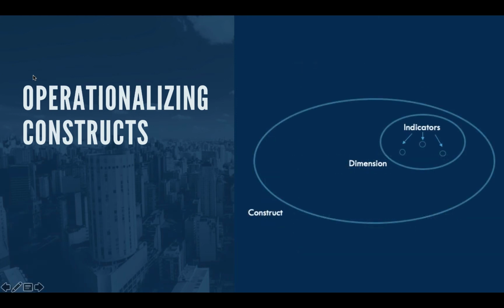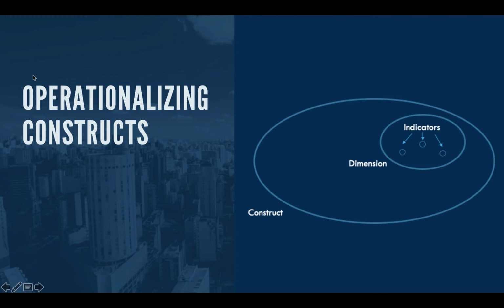To break it down a little bit further, this is how it looks when we're operationalizing these constructs. So a construct is this overall large bubble. We've given that construct, in our example, the name racism. A dimension is just a small subset, a particular aspect of that larger construct. So we said institutional racism is that aspect. You see that the bubble of the construct still has a lot of room. We've identified one subset, one small little bubble in the construct racism, but we say we're only going to focus on that subset dimension. We have room to identify various other dimensions in there.